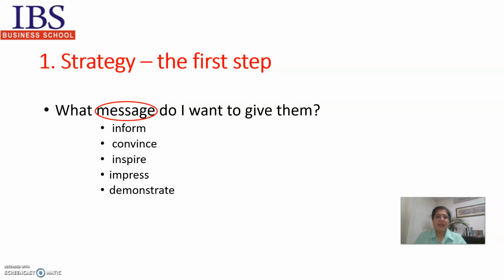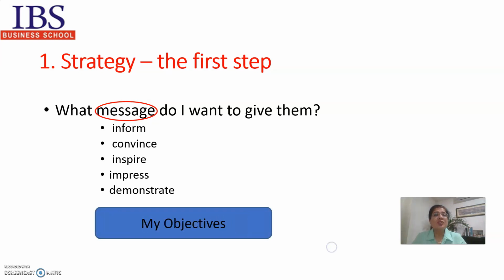Because with each kind of message, the pitch, the tonality of the whole presentation changes a bit, right? Is it just that you want to share something and impress the audience with the information or the knowledge which you have? Or you are demonstrating some product or some new gadget which you are launching? So you have to decide what is your objective behind the presentation. So that is what strategy is all about, that before even you start your presentation, what is it that you want to do with that? Why? We have already discussed. This is how you go about. So decide on the objective, the goal which you want to achieve out of this particular presentation.